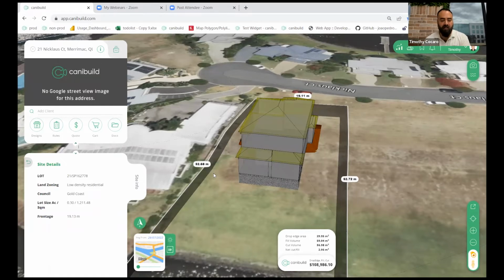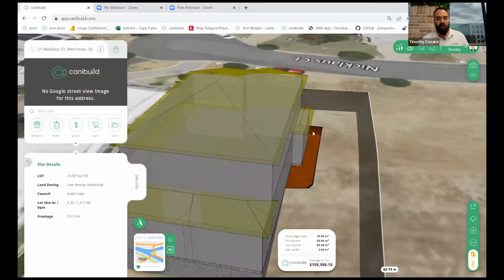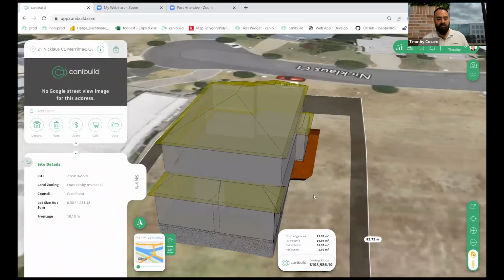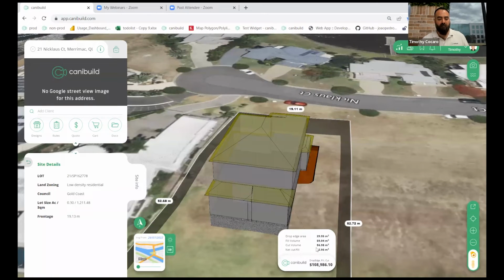But it also feeds into the calculation. So you can see here that for this build, the calculation is significant because we've got quite a significant cut. We've got drop edge area of 30 square meters. We've got cut volume of 56 and fill volume of 59 cubic meters. That's from memory, it was $170 a square meter for drop edges, which shows you how long it's been since I've priced up a drop edge. I think it's like 250 now or 300, or it's changing day by day. And you've got your import and export of